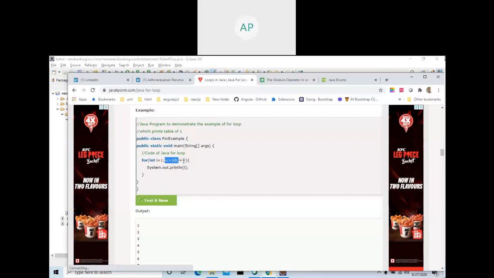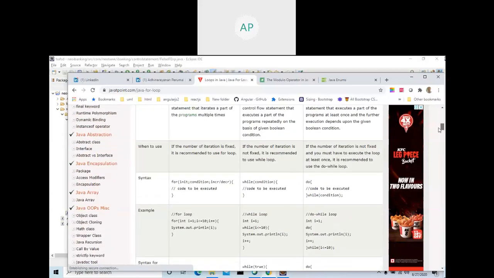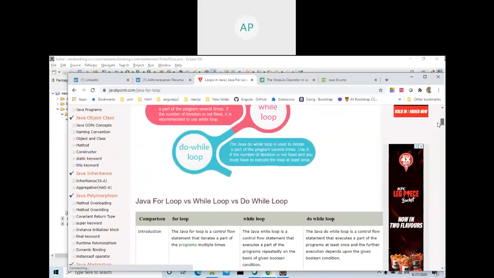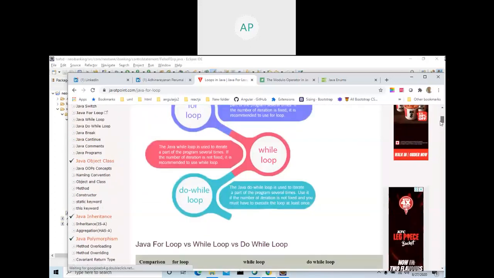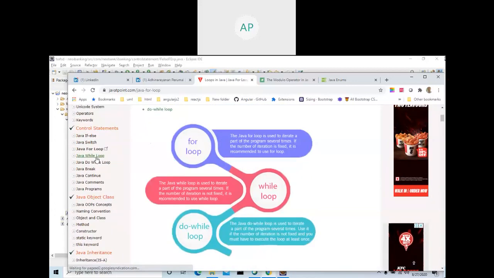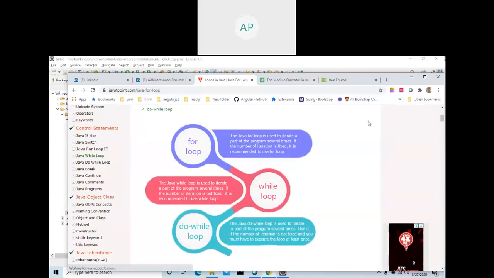Is I smaller than 10? 2 is smaller than 10, so it will execute. Then I plus plus, 2 plus 1 is 3. Then 3 plus 1 is 4, until I reaches 11. 11 fails, so it will come out. So try to learn this for loop. If you're not able to get it, then you can call me, and I will explain. I will send you the example.